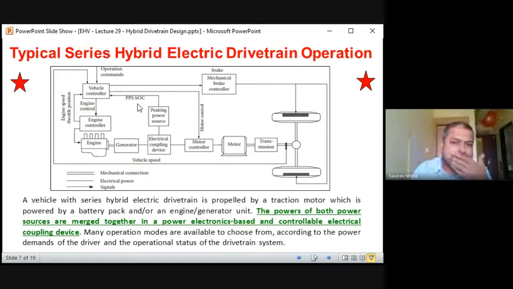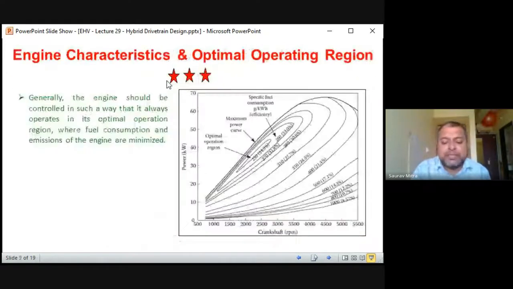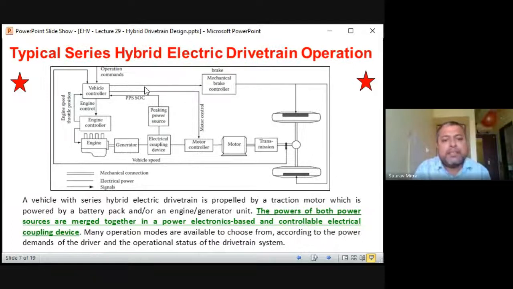Now, for all the signals going out from the vehicle controller, if a brake request comes, then the vehicle controller will request the mechanical brake, where you put the brake. This mechanical brake signal we have not discussed. Upon receiving the signal from the vehicle controller, the mechanical brake gives the signal to the wheels. So disc brake, drum brake, whatever is there. So this is the execution.